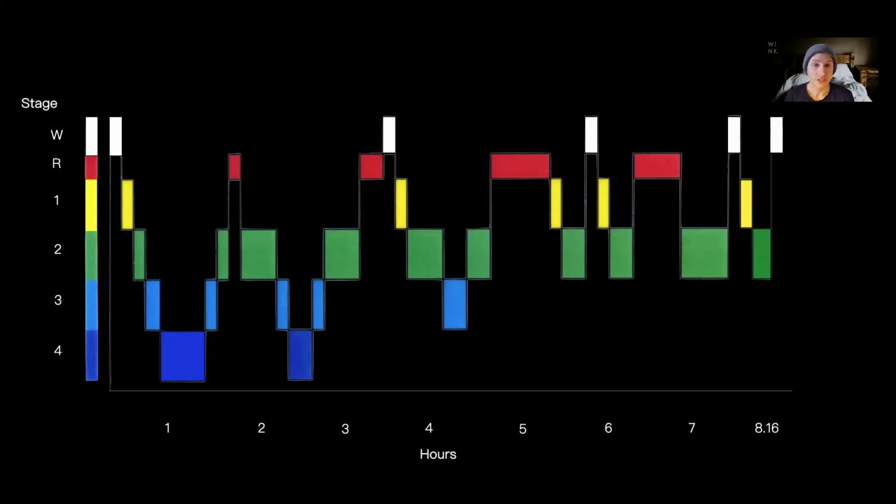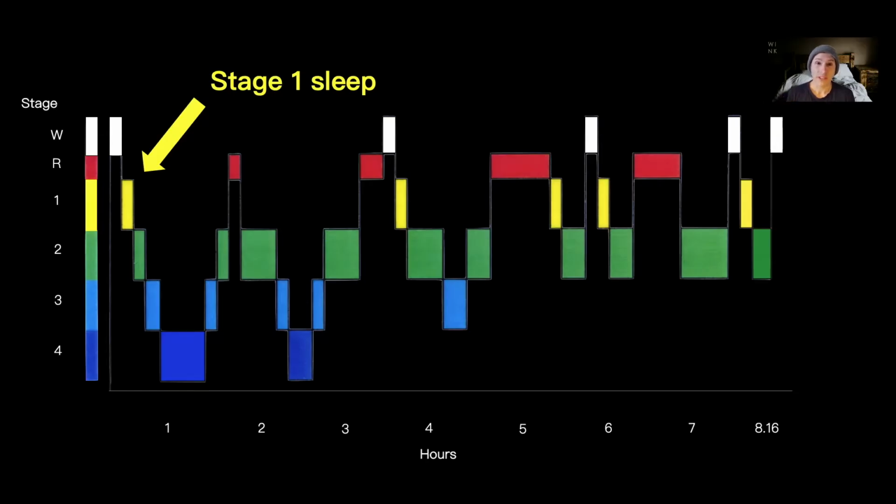So the first stage of sleep is called stage 1 sleep, and this is a really light stage of sleep. So people often will find that they're having thoughts that are going through their mind. They can actually be aware of some of their surroundings, but they're starting to sort of let go of their surroundings. So imagine that there's an old couple that just had dinner, they go to the lounge and they're starting to watch TV. Suddenly the old man is snoring and then gets an elbow from his wife.